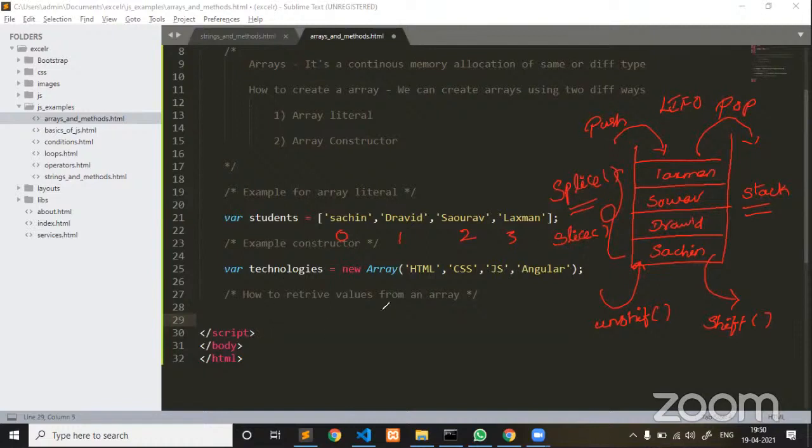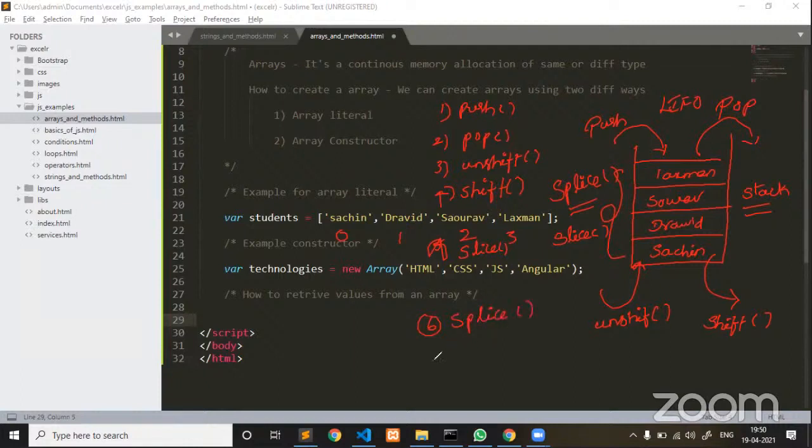Now if you ask me what the methods are, let me list out all the methods. Push, since it is a method. Pop, unshift, shift, fifth method slice, sixth method splice.